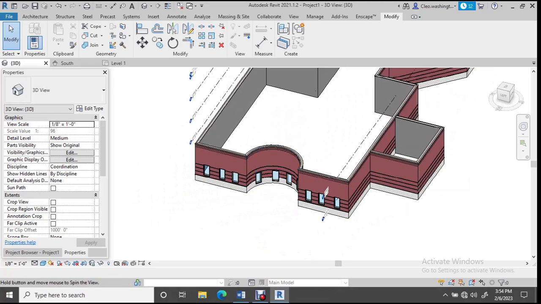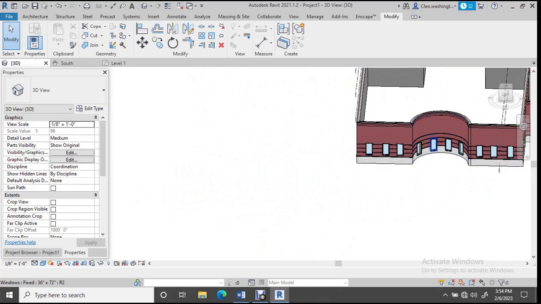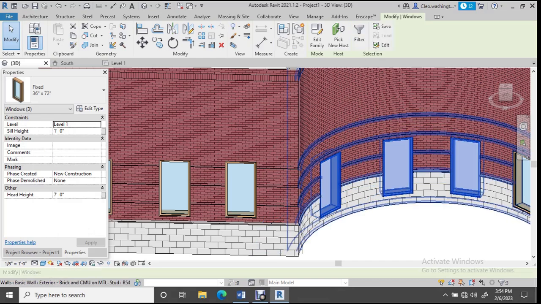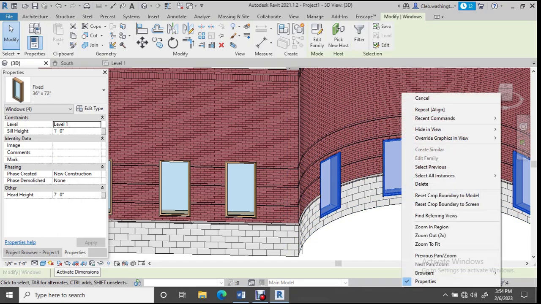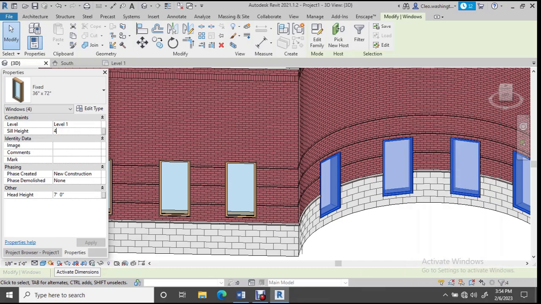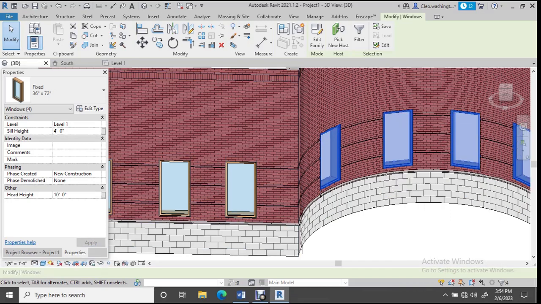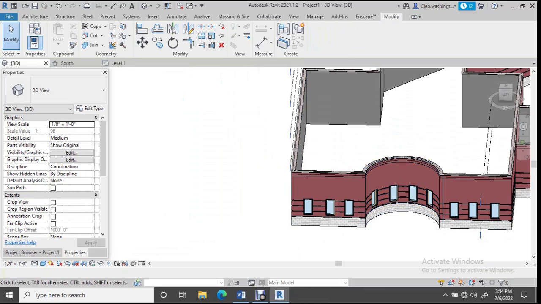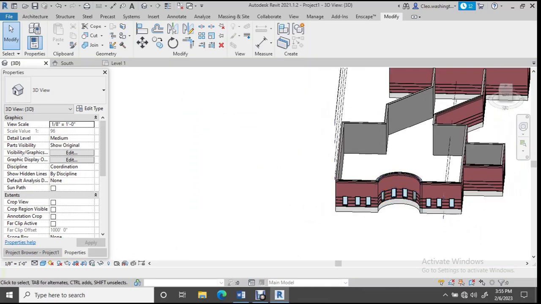And let's orbit so we can actually see them. And select this window, this one, and this one, and right click, or better yet, just go to the properties menu and change the sill height to 4 feet, and hit enter. And you should be able to click apply. Sometimes they just jump up without you clicking apply. And there you have your windows accurately drawn and accurately placed in the radius wall at the corridor on the